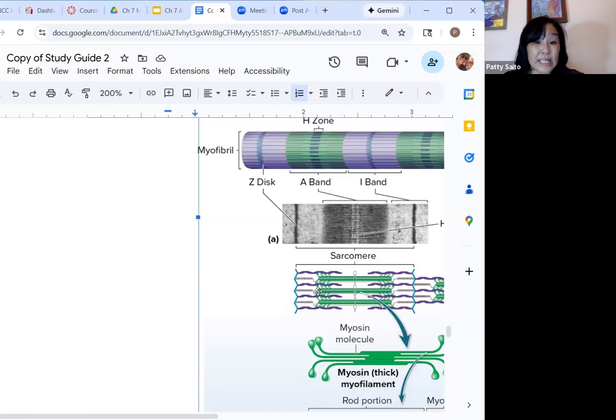So now the myosin heads are pulling on these thin filaments, but it's doing it from both sides, and it's causing the Z discs to move closer together. When we have a whole bunch of sarcomeres, all the sarcomeres are shortening, and so it causes a shortening of the whole muscle. And when a muscle shortens, it's going to cause movement. That's what contraction is. It's a shortening of the muscle, but it has to do with these myosin heads binding, detaching, and reattaching